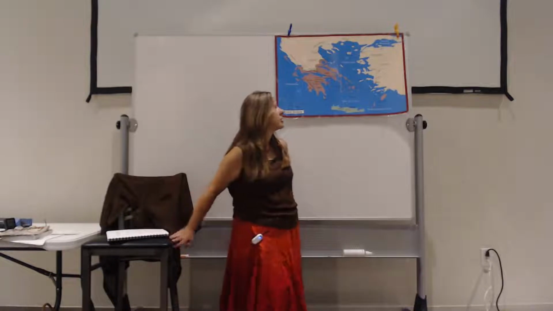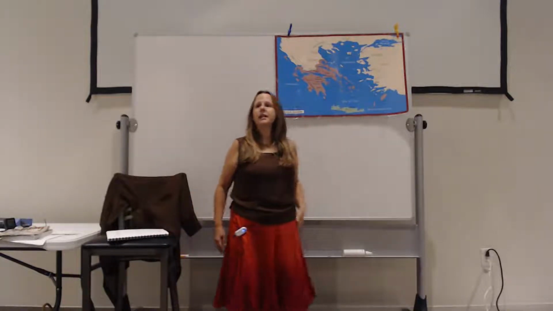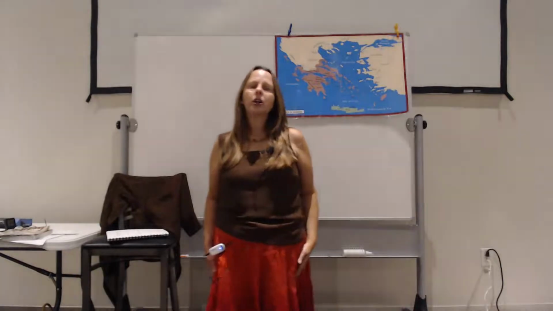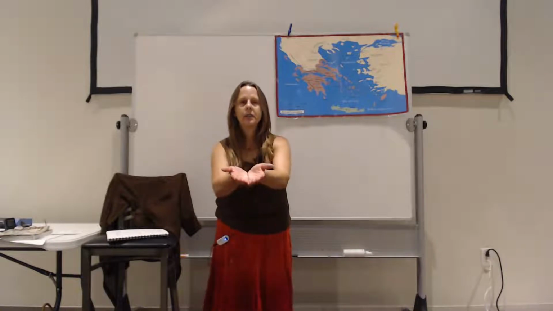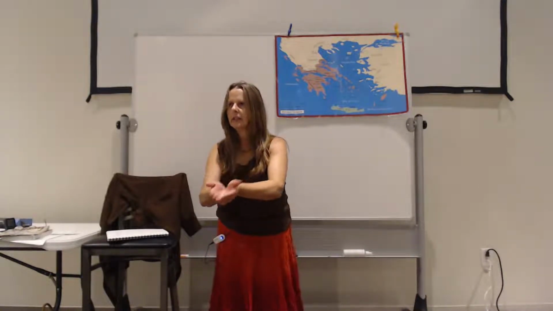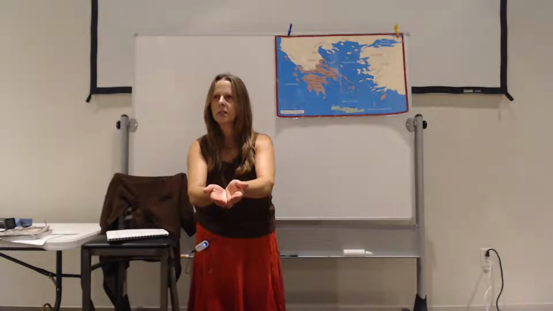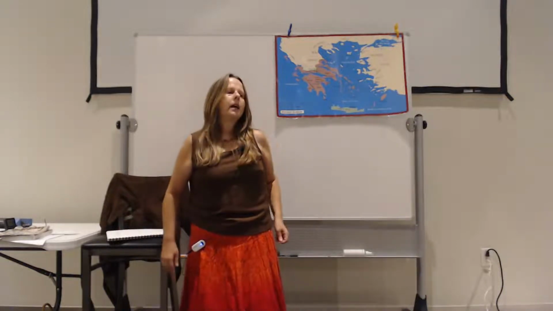I left out a part of the story. May I just backtrack before we do our writing and just stick a part of the story in? When Darius decided to come, he thought it would be so much easier if they just surrendered and I didn't have to fight anybody. So he sent messengers to all the major cities in Greece, and he said, give the king earth and water as a sign that you submit. In other words, here, I give you some of our dirt. That means I give you the land. I give you our water. I give you our resources. We surrender. And many of them did, but